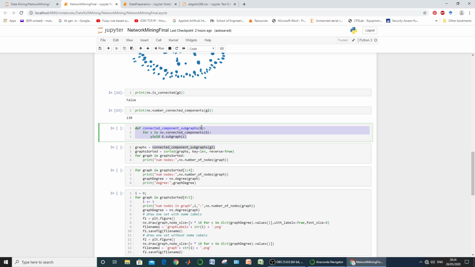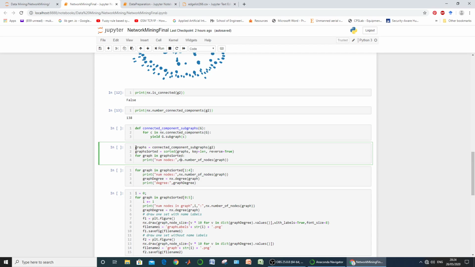A graph G is passed to it as an argument, and it returns all the subgraphs contained within this graph as the result. It yields G.subgraph(C), iterating for C in the connected components. So it is going to return all the subgraphs present within a graph.